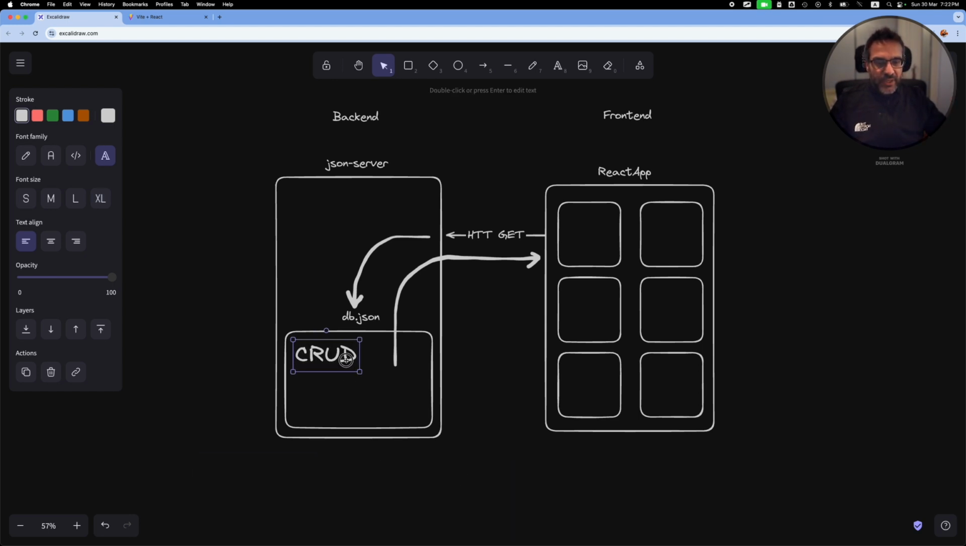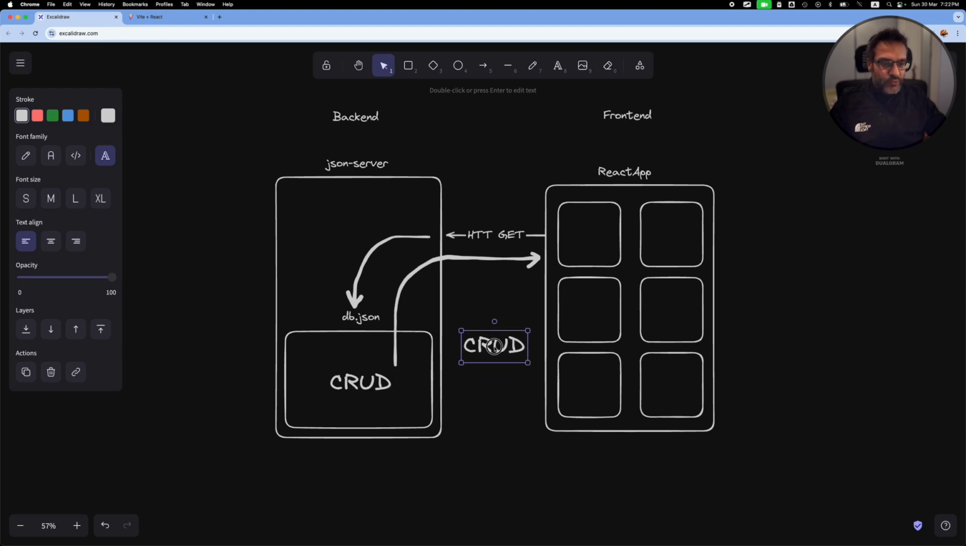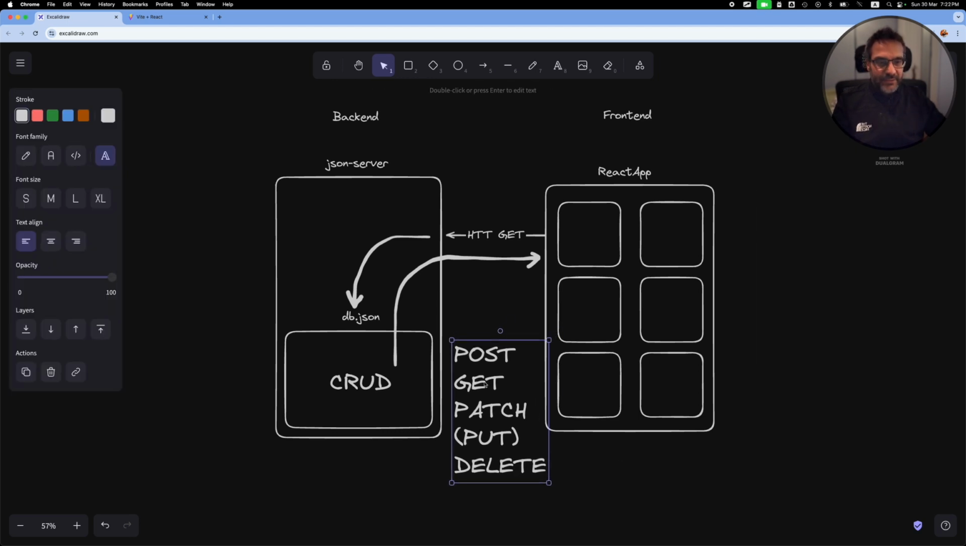So all these operations are supported by json-server, and there's a very simple interface, a very simple API that you can use in order to create, read, update, or delete. You can use the HTTP POST method for creating, the GET for reading, the PATCH or PUT for updating an entity, and the DELETE method for deleting the